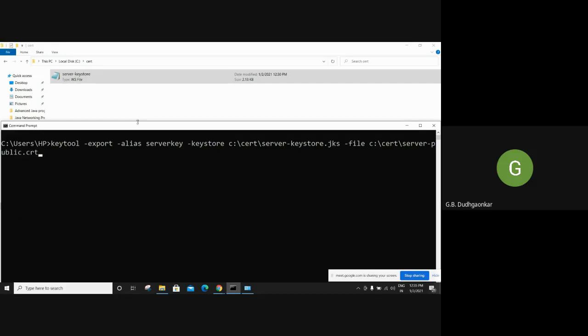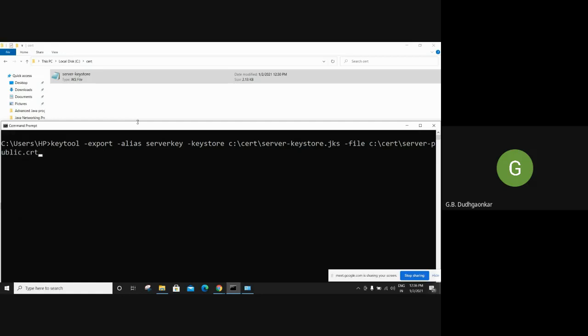In the first command, I created the server keystore with that particular location and by giving the name of the file, so that file is created under the JKS name. Now from that JKS file of the server, I want to export the public key. So that's why I have to use the export option. It will ask for the alias name.